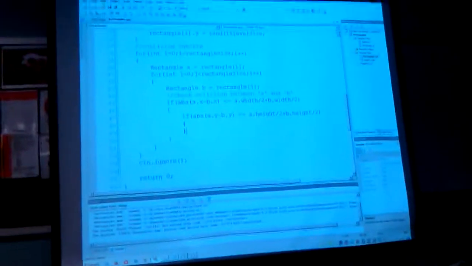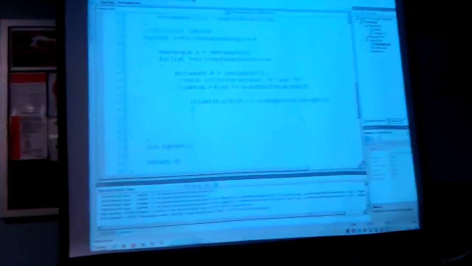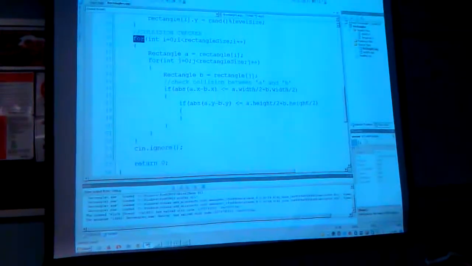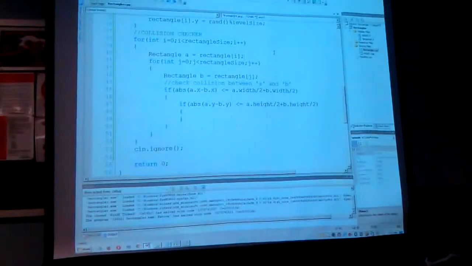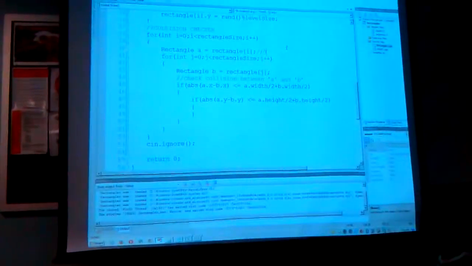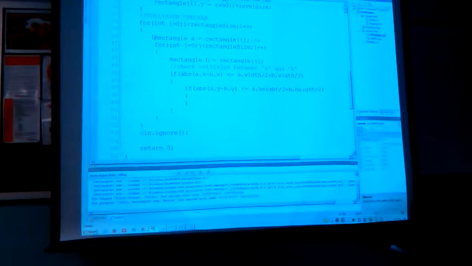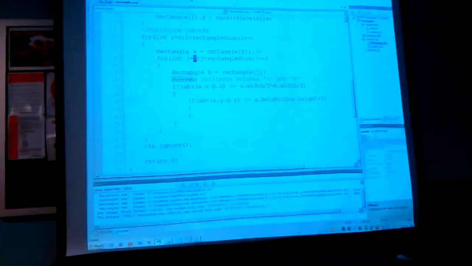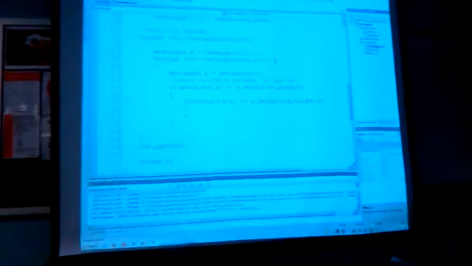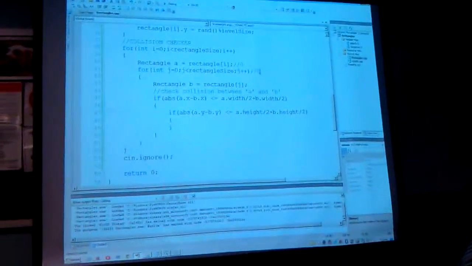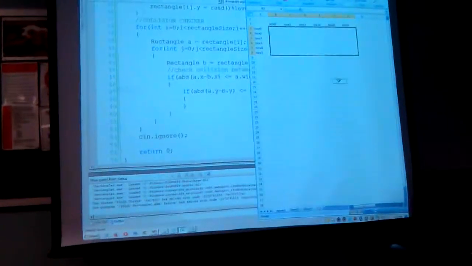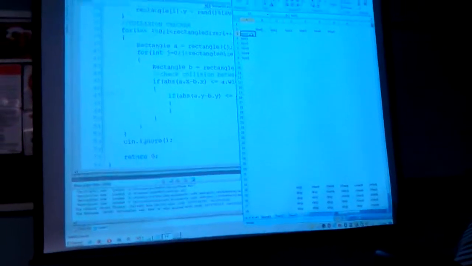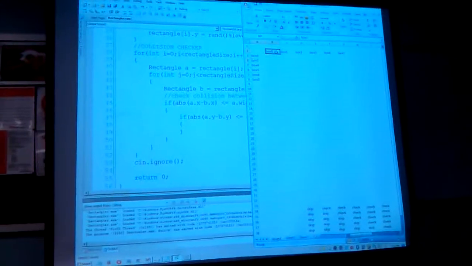Yes, that's right. How does rectangle J know that it's a different rectangle, though? Good question. These for loops are happening at different times. They're counting differently. When we get to the first for loop, the first value of rectangle A is going to be rectangle I, and I is equal to what on the first run? 0. I start at 0, correct? Now, right after this statement, what happens? There's a for loop. The for loop starts counting at what? 0. So the first time, rectangle I and rectangle J are the same rectangle, right? That's because in our spreadsheet, when we first did this, we said 0 to 0, 0 to 1, 0 to 2, 0 to 3, 0 to 4, 0 to 5. Then 1 to 0, 1 to 1, 1 to 2,